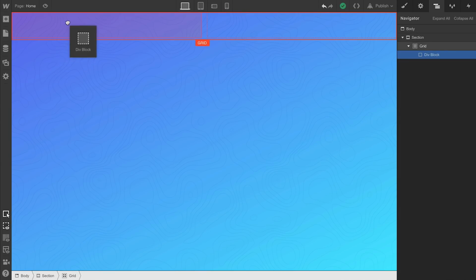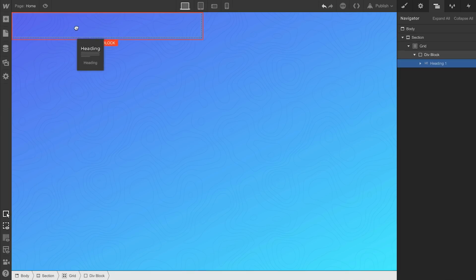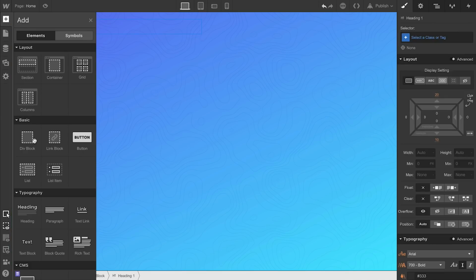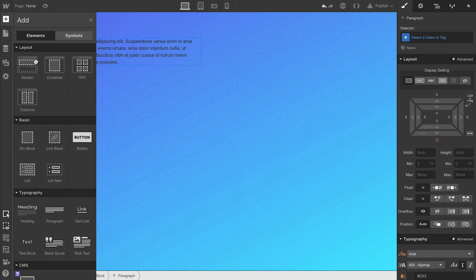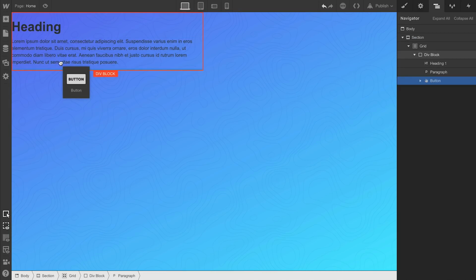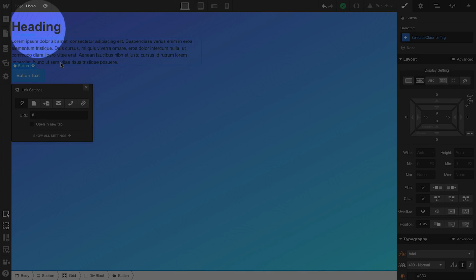We're using this to organize the content in the left. Content in the left includes a heading, so let's grab a heading, just drag it right into the div block. Same thing with the paragraph. Let's drag that into the div block. And finally, we have some buttons. We'll drag a button element right under that paragraph. But of course, our intention is to make sure that this content is not pushed all the way up to the top and all the way to the left.